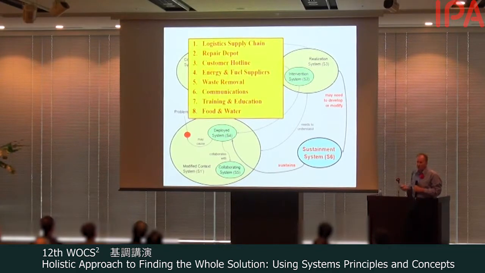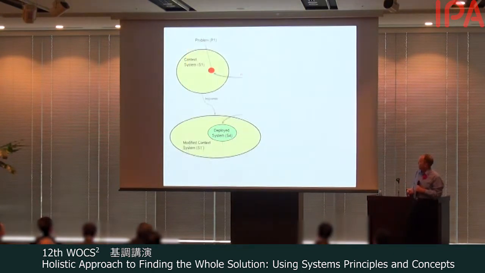Waste removal may be a problem. If you're building your product with materials that may have environmental impact, you may have to take account of issues with safety or issues with regulations if you don't account for how we remove the wasteful products. Many of our systems need continuous supply of food and water. So the various sustainment systems either pre-exist or you have to use them, or you may have to modify those to make your support system more successful.